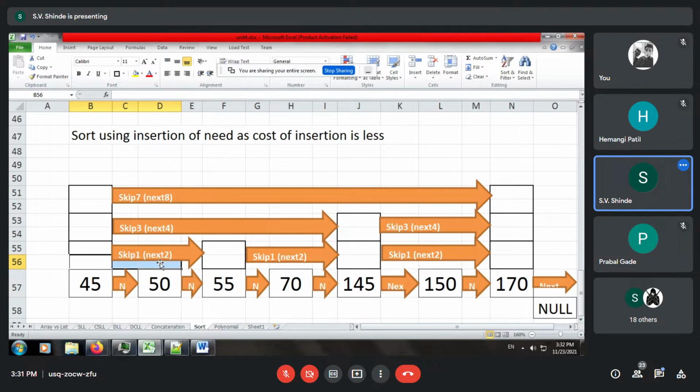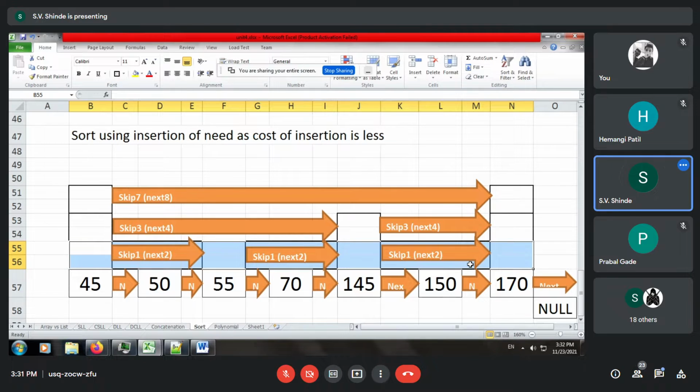So you can see this is the next level. So over here you can assume that the second level, that is next pointer 2, is skipping some intermediate nodes. So we have labeled it. First is next one, which simply means it is directly connected to the next node. Then we have skip one, which simply means it is skipping only one intermediate node.